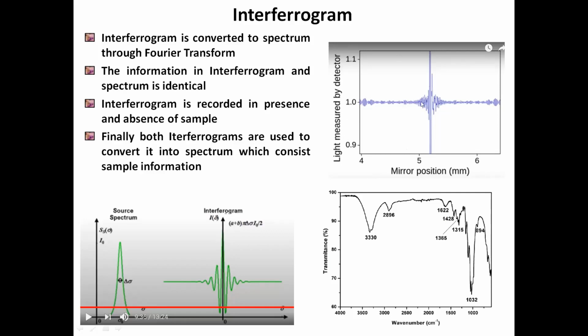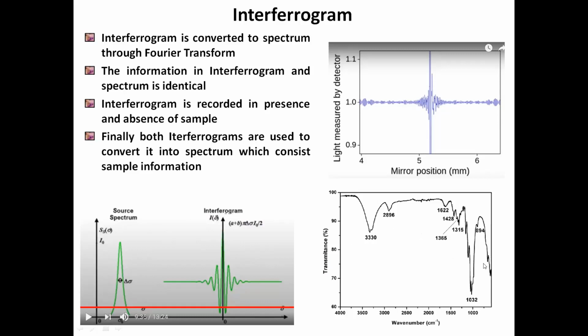This interferogram doesn't have much value from a scientific point of view, because we can't analyze this type of signal. So at each and every point, the sine and cosine functions of the measured light are converted and integrated, transformed by using this Fourier transform equation. Finally, this interferogram will convert into this type of spectrum. So the interferogram will convert into a spectrum, and you will get the result on your computer screen in this form.